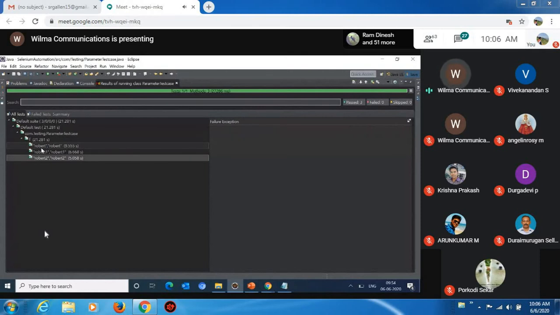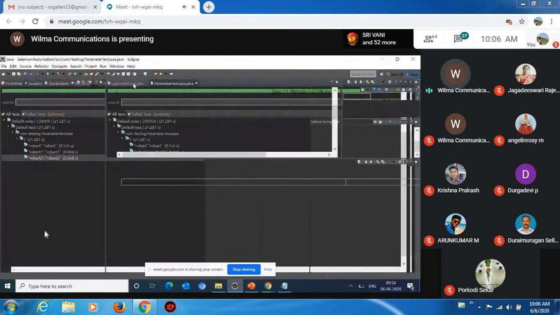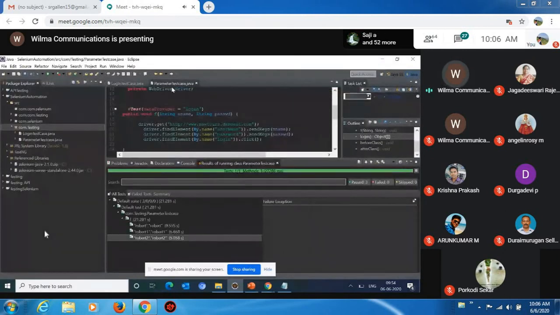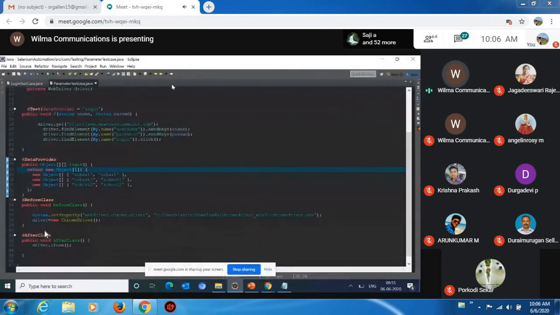Suppose you ask the question, if I want to test 1000 sets of input conditions, will I need to enter all these 1000 data input conditions inside my data provider? No, it is not necessary, because it also supports a separate Excel file. Suppose you have Excel file values, if you want to call those particular values during the runtime, that is also applicable. At the same time, Selenium also supports TestNG.